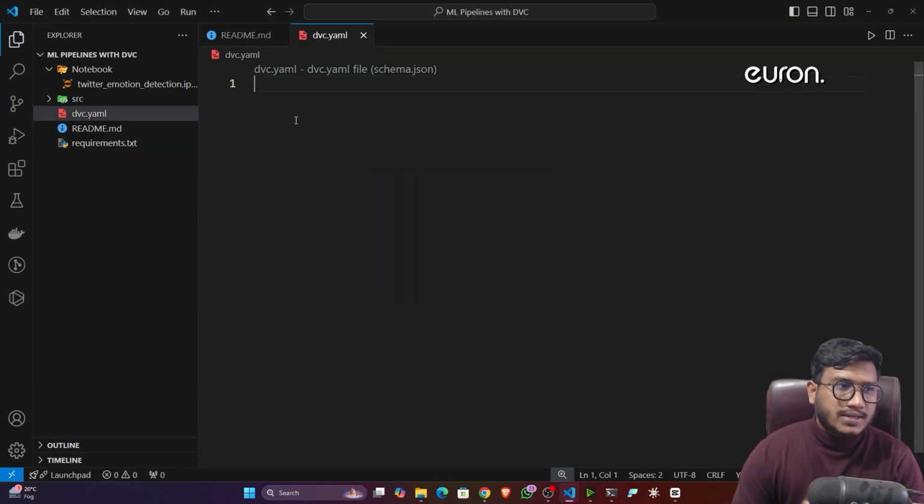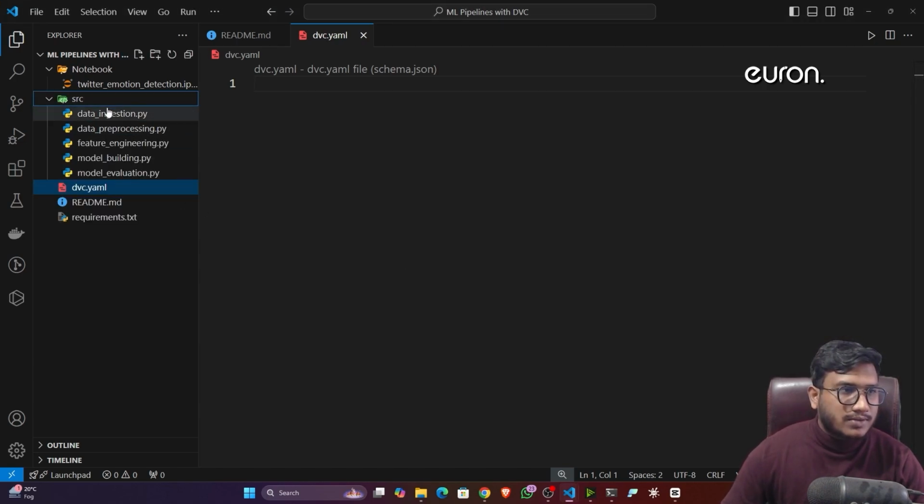Now everything is set. Now we have to write the DVC commands. I will show you one example, and after seeing this example, you can create any kind of DVC command. Whatever pipeline you are using, you will be able to write the DVC command. First of all, you have to write it for the data ingestion, because you can see the first pipeline